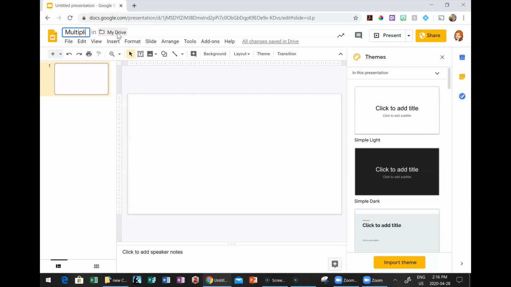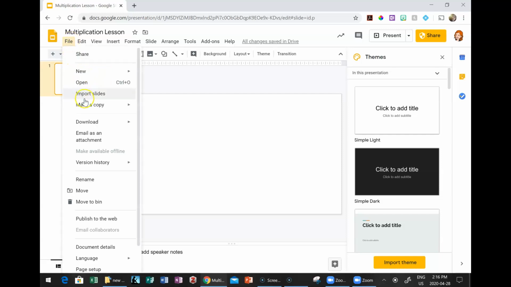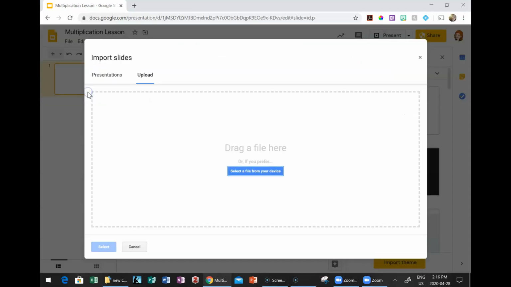I'm going to call it multiplication lesson, and I'm using the Jump Math for the grade 3s, just so I had something in between. Multiplication, yes. All right, so the first thing I want to do is import the slides from the Jump Math. So I'm going to go to File, Import Slides, and then I'm going to select a file from my device,